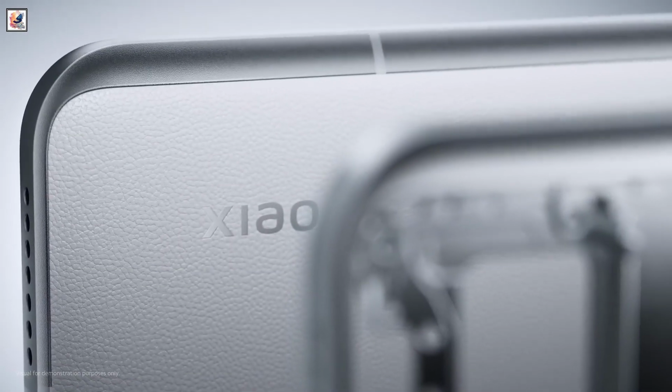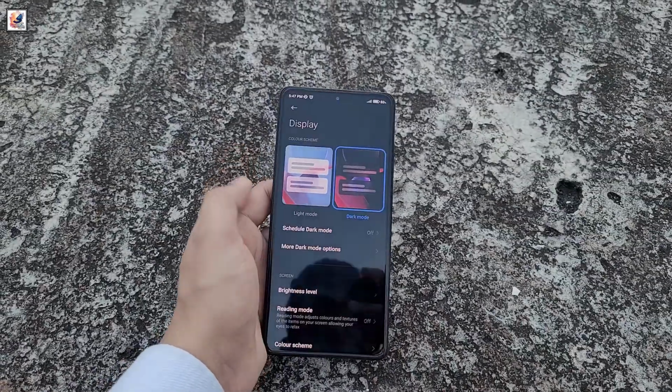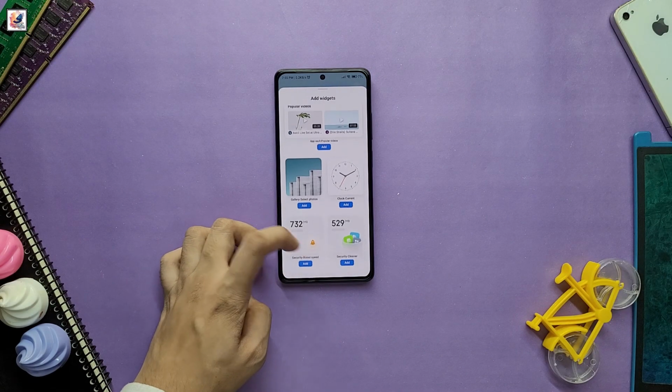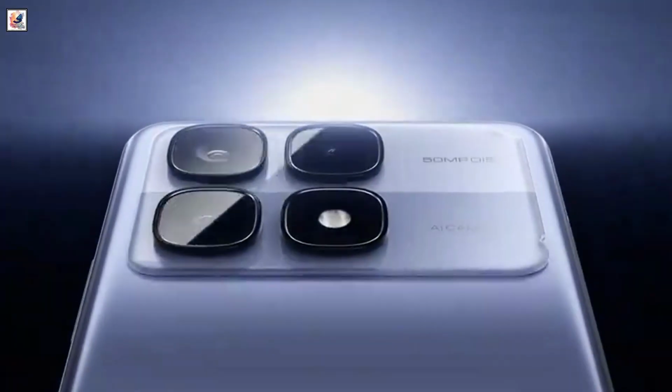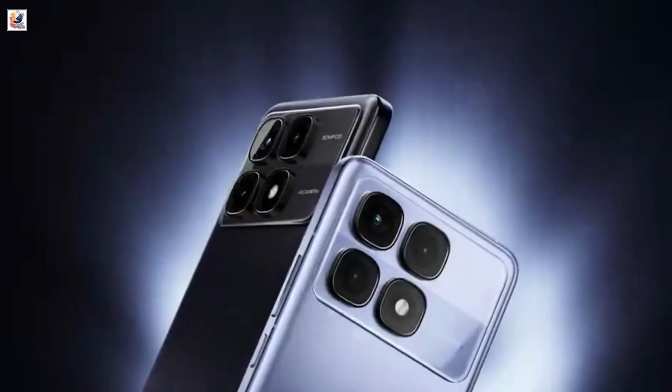Xiaomi 14T Pro features a 6.67-inch 144Hz OLED display with 1.5K resolution and 1,600 nits of nominal brightness and 4,000 nits of peak brightness. The Xiaomi 14T Pro will get a 50-megapixel Light Fusion 900 primary camera, a 12-megapixel ultra-wide-angle